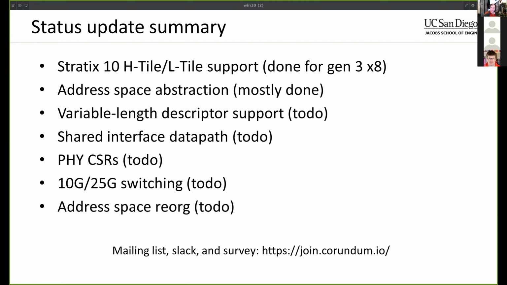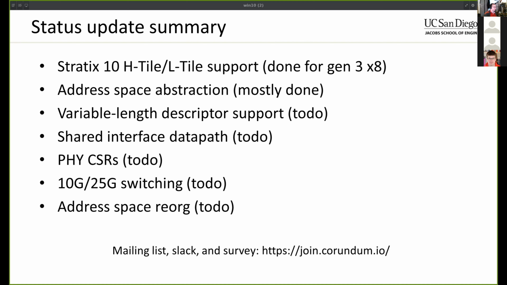I've also been working on some address-based abstraction components. This is a modification to the CocoaTB extensions for AXI and for PCIe. The idea being that with this abstraction, it doesn't matter if you're using AXI or PCIe or whatever, the interface that you use from the simulation framework is going to be the same. The point behind this is to be able to simulate Corundum running on a Zynq device,